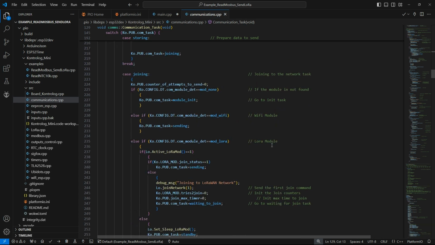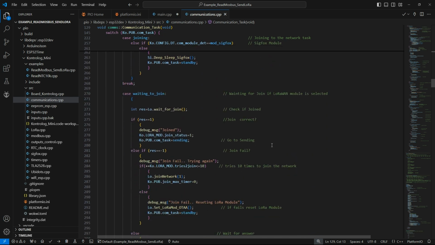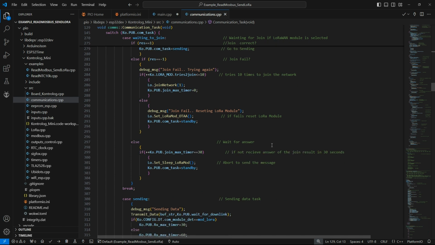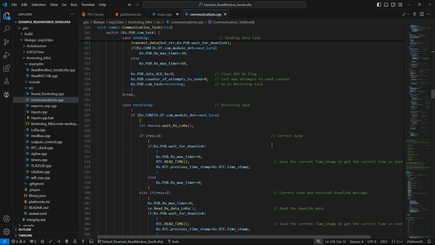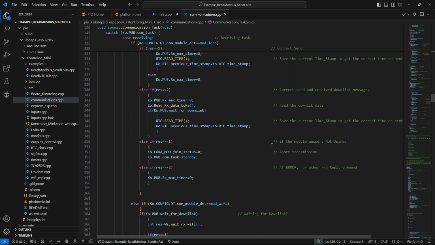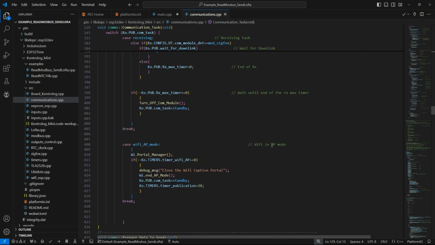Then, in joining, it tries to join the corresponding network, and if it is LoRa, it goes to waiting to join to wait for connection confirmation, retrying if it fails up to 10 times. In sending, the data are transmitted and a response is expected in receiving, where the confirmations or downlink messages are verified. Finally, if it is in Wi-Fi AP mode, the Wi-Fi gateway is managed and closed once the timer has expired. You will find this function in the source file of the ContraLog Mini library as communications.cpp, and we recommend that you analyze this part of the code to get more details of its operation.